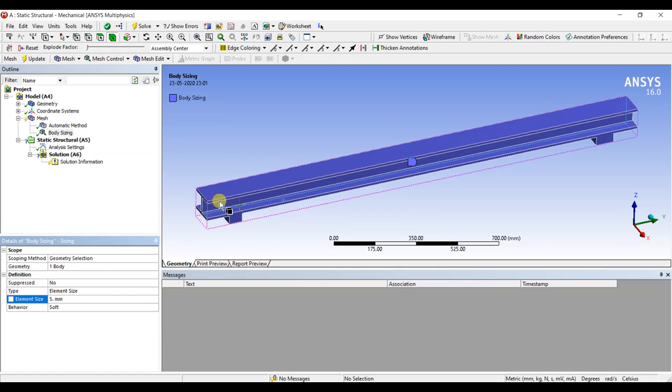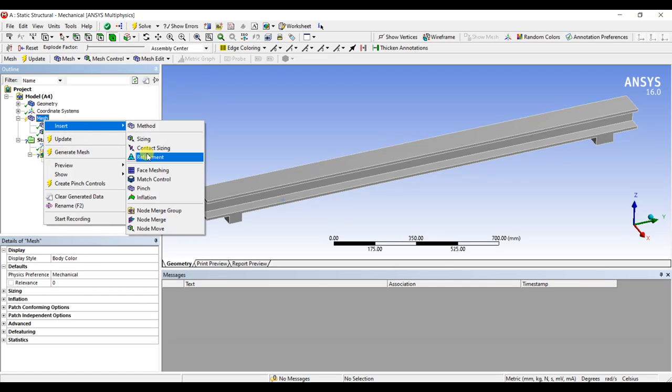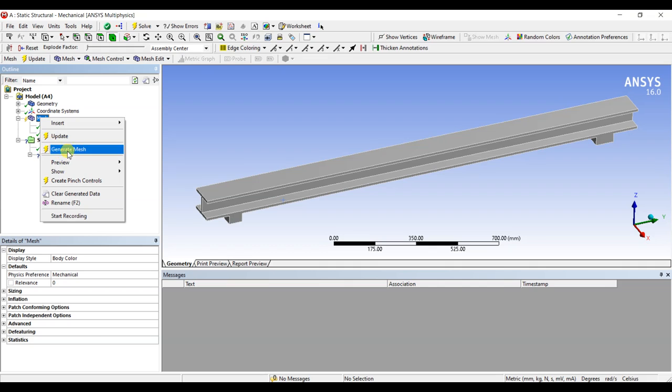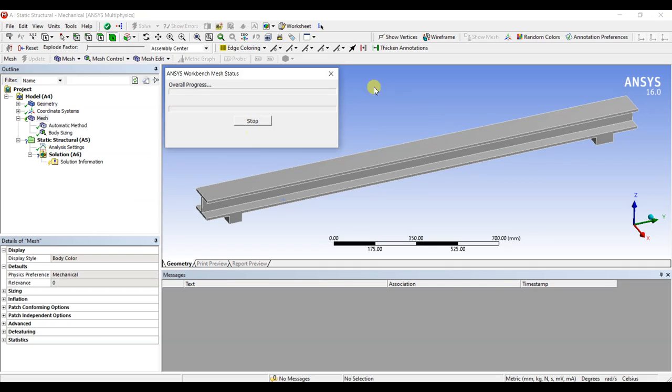It takes so much time to generate a small-sized mesh, so I am taking this as a big size. Now you can explore more options like contact sizing and other options. Now what you have to do is generate the mesh. It will take some time, depending on your system configuration.